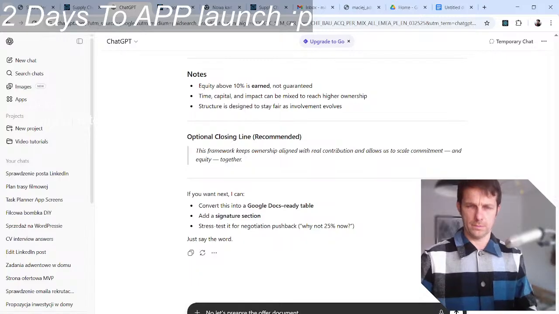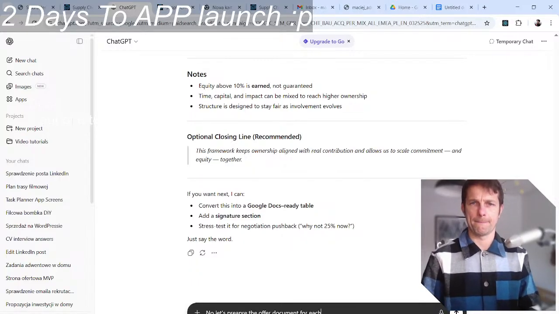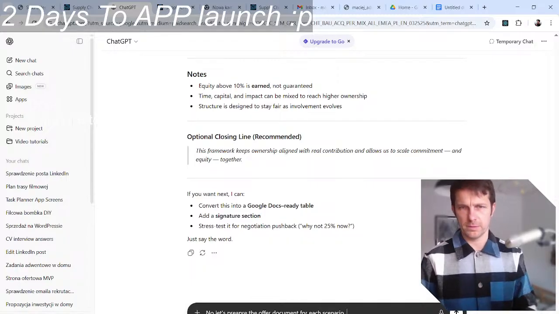And now the next page will be the offer document. Let's prepare the offer document for each scenario.